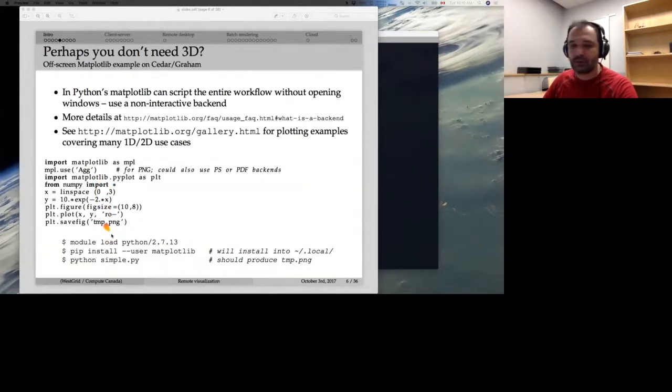So this is the script, and this is how you run it on either Cedar or Graham. Simply load, let's say, the Python 2 module. We don't have matplotlib installed, but you can install it very easily in user space. If you run this command after loading the Python module, it will install the matplotlib graphics library into the .local subdirectory in a home folder. And then you can simply say python simple.py, it'll take 2 seconds, and then it'll produce a nice PNG file. So this is for low dimensional 1D and 2-dimensional visualization,